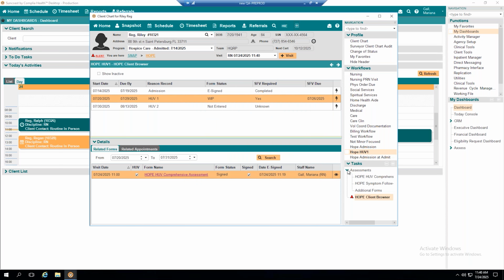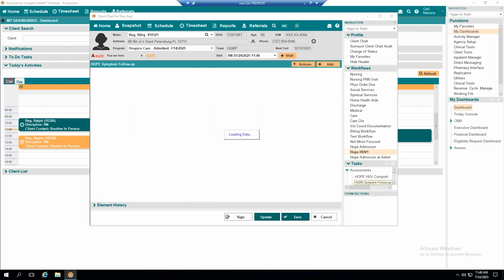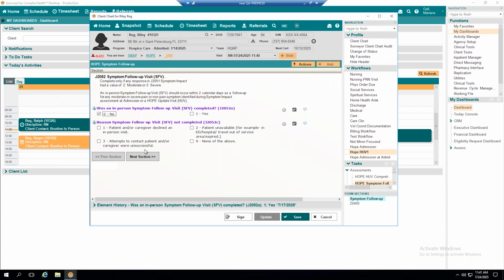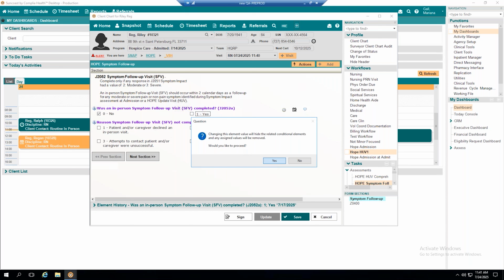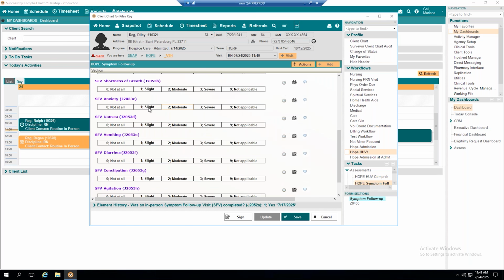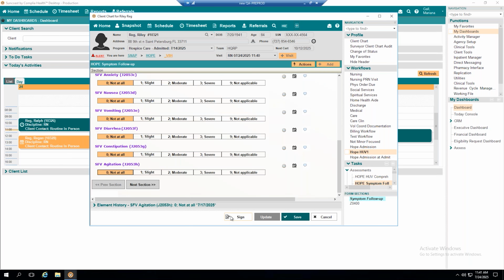So you'll see that for the SFV, it is a unique standalone form. It is not a unique standalone visit type. The form is what is important. So to complete it, I would either say yes or no. If I say no, I have to give the reason why I was not able to complete it. That would be mandatory. If I say yes, you'll see that it's very consistent with our previous set of questions as far as symptom impact. So in this case, we're going to say that everything is doing much better, so not at all. And when I go ahead and sign,